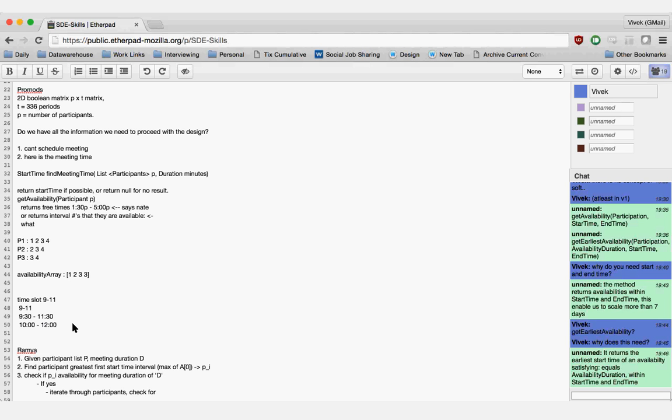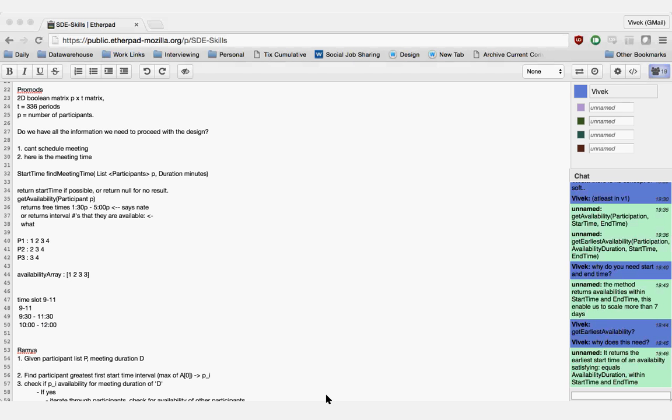Exactly. Vivek? Yes, Arun. So Nate's approach is like, say we are concerned about a 2-hour meeting. We are going to choose quadruplets, so all the possible quadruplets. So in the worst case, we'll be checking all the possible things. No, you won't. What I was saying is that Nate was not very clear when he mentioned that, but he was also saying the same thing. I was just trying to clarify what he was saying, which is that if you want to schedule a 4 interval period, you check the first one.